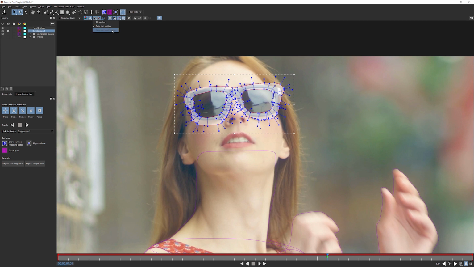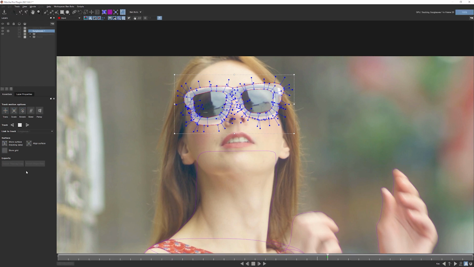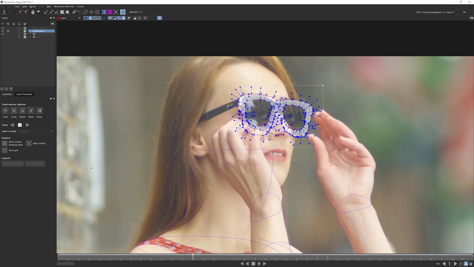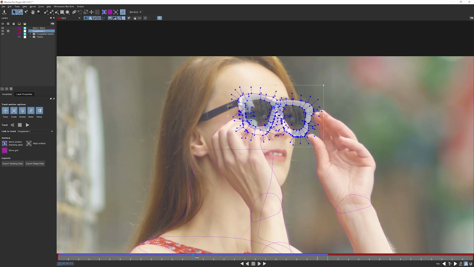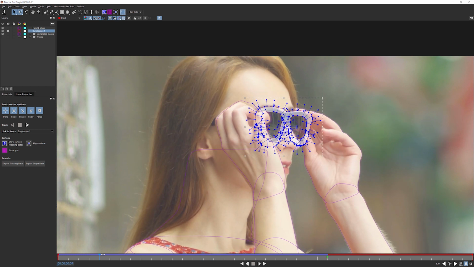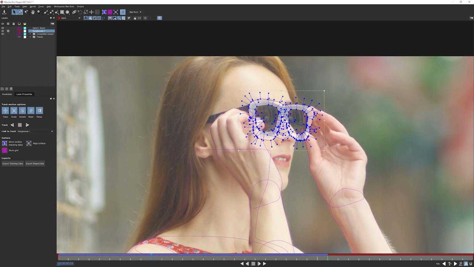I'm going to come back in. I'm just going to turn on selected track mats on the drop down of the color overlays, so we can see what's going to happen as we track this backwards. Okay, let's go track backwards and let's see what happens. As the hand goes over, it's going to cut out that shape. Nice. Now we also have this other hand over here.